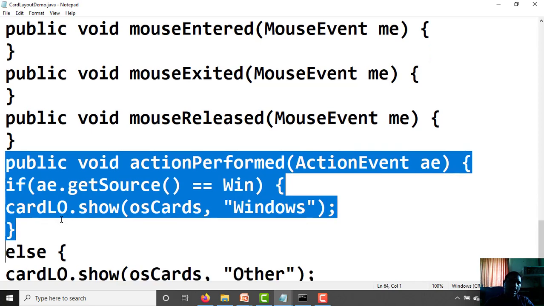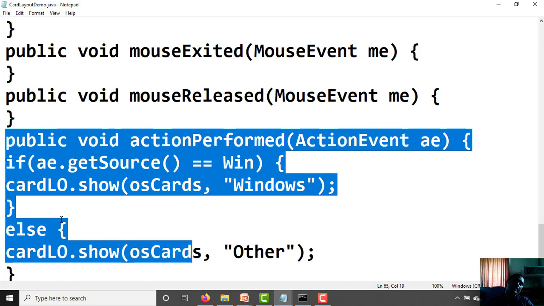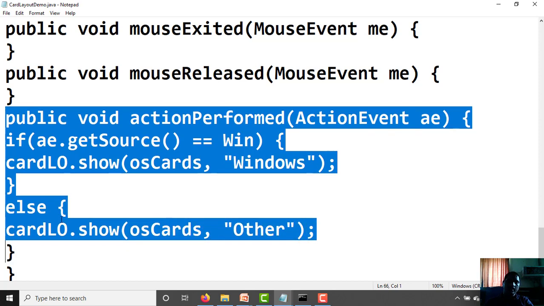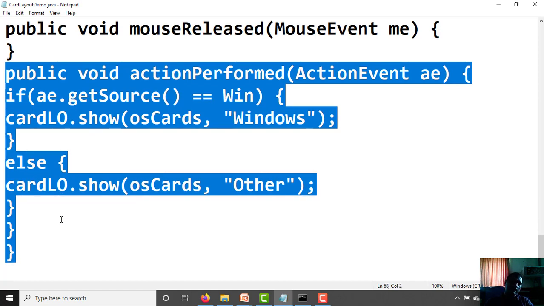Else, here we have only two buttons, so else cardLO.show(osCards, "Other"); close the else, close the actionPerformed method, close the class. This way you can perform the card layout example.